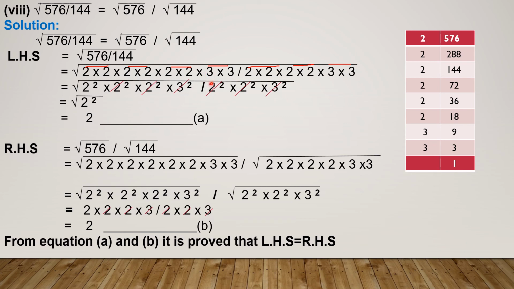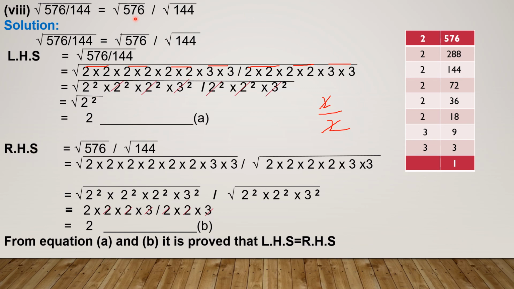Now the sign of division is there between all of these factors and these factors, which means we can cancel out. Whenever you have 2 divided by 2, the sign of division is there, then we can cancel out the like terms. Similarly, this 2 square will be cancelled out with this 2 square in the denominator. This 2 square will be cancelled out with this 2 square and this 3 square will be cancelled out with this 3 square. Which is the remaining term? 2 square. Now square and root will be cancelled out with each other and 2 is our answer.